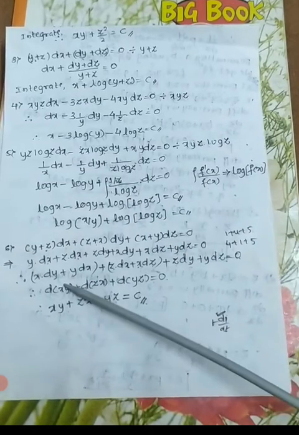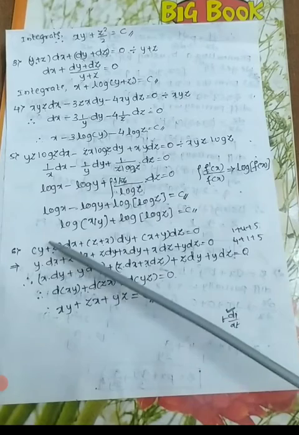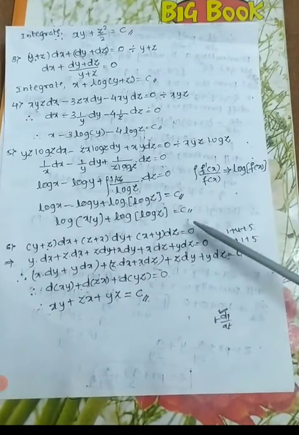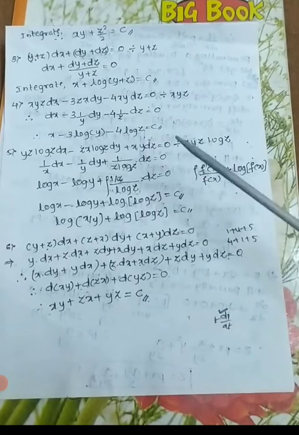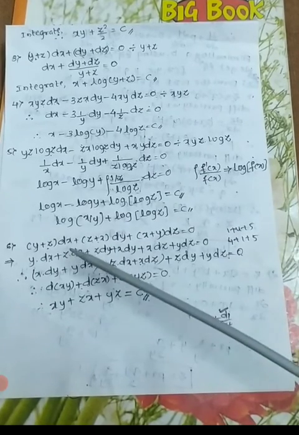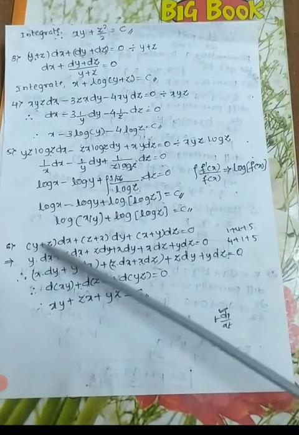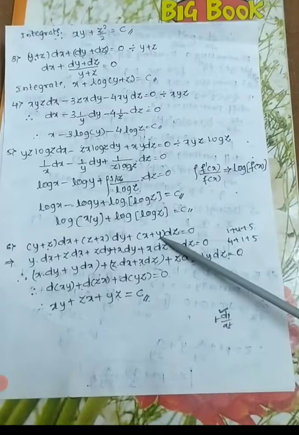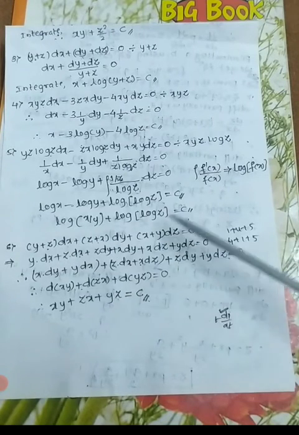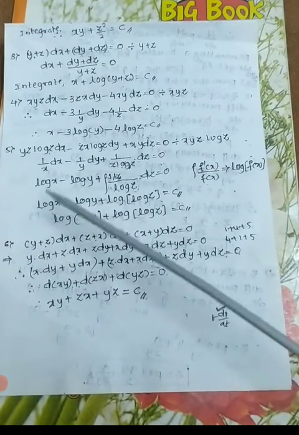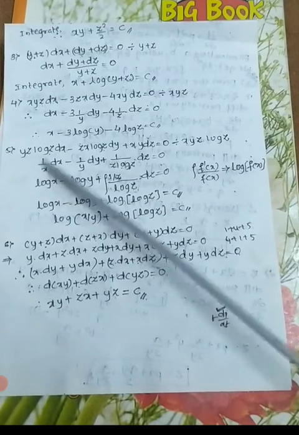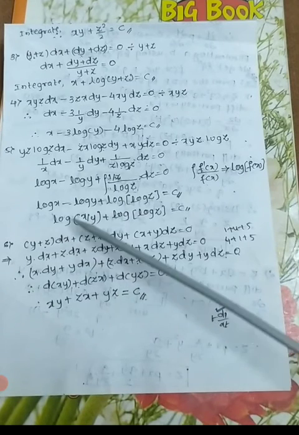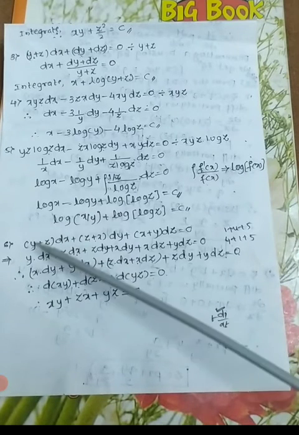Let's see one more example here. Solve (y plus z) dx plus (z plus x) dy plus (x plus y) dz equal to 0. Okay, see here also, dx has y plus z, dy has z plus x, and dz has x plus y. Here there is no common term to divide. Here the plus sign is there. In the previous example we had multipliers, so I directly took those terms, but this one contains addition. Addition we do not directly divide. That's why we simplify these terms.